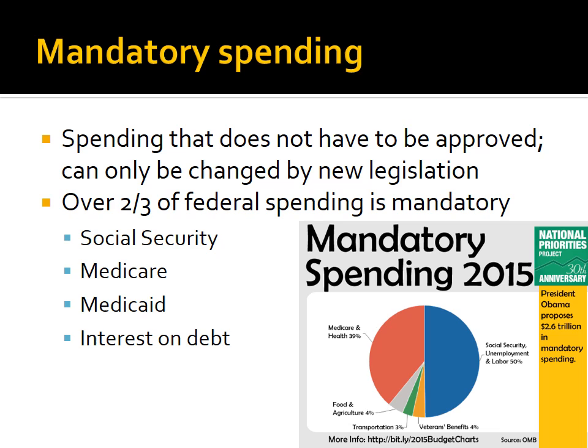So, a couple key things here. Know the difference between mandatory and discretionary, but also which one is larger, and that is easily mandatory spending. Mandatory spending makes up about 2/3 of all of the federal budget. According to this graphic, Obama proposed $2.6 trillion in mandatory spending. That is a lot. That is well over double the amount of discretionary spending. Keep in mind that means that 2/3 of the federal budget, Congress and the president really do not have direct